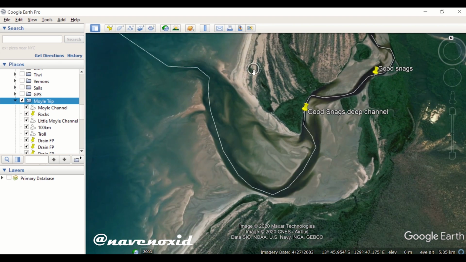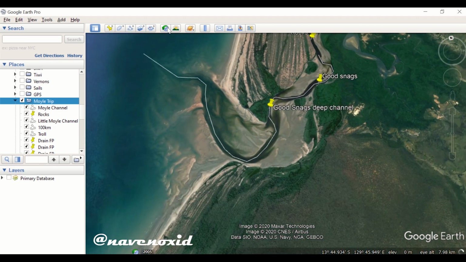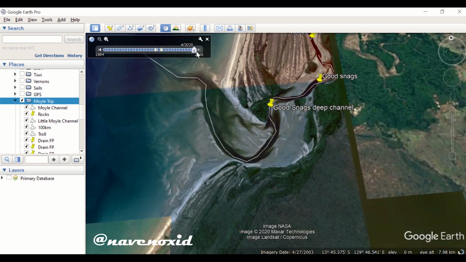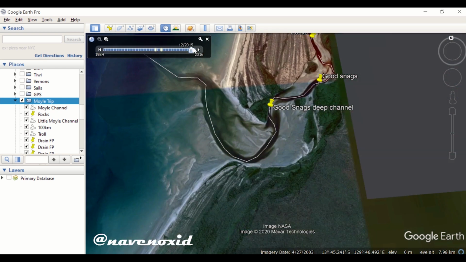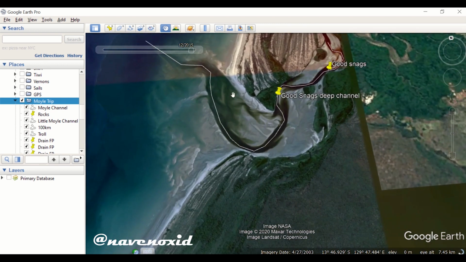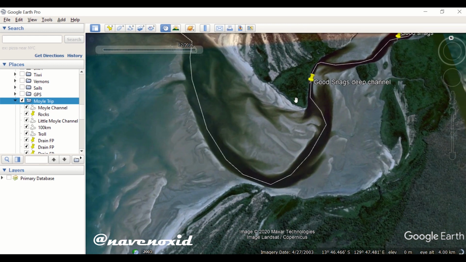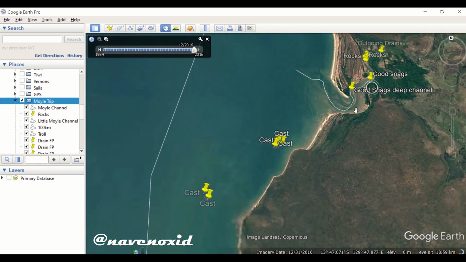Another great feature of Google Earth is this time slider tool. You can drag the time slider to find low tide points on different maps. This isn't a good example because that's a great low tide map as is for mapping out a channel. But say, for example, one that I know